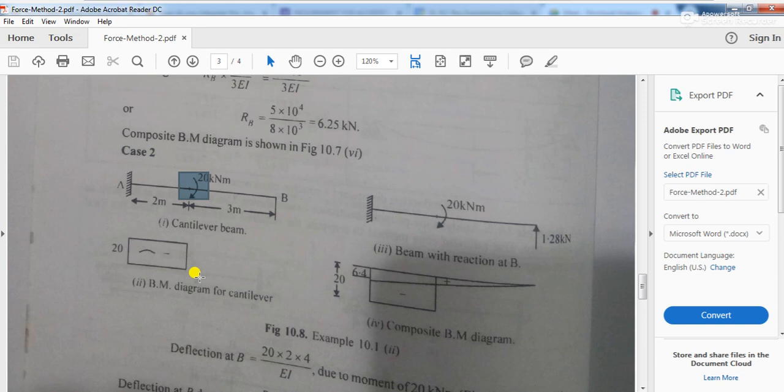So when you talk about the area of the triangle, what is the triangle? The triangle is nothing but the moment diagram because of the redundant force RB. Okay, so RB is unknown. So what you have to do is get the M by EI diagram. So RB into 5 divided by EI, that is actually your M by EI diagram, correct? So half into RB into 5